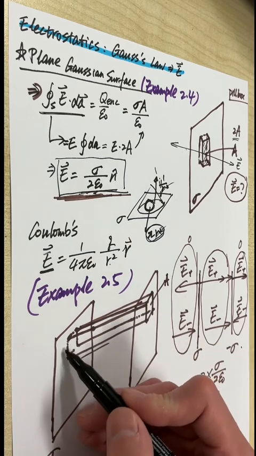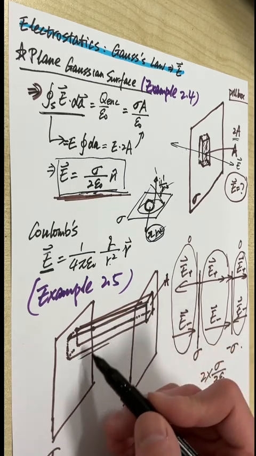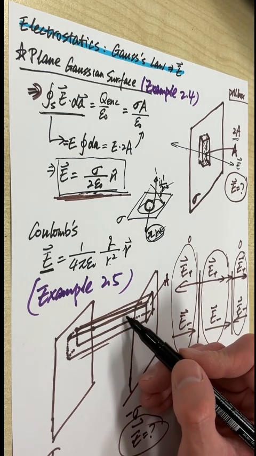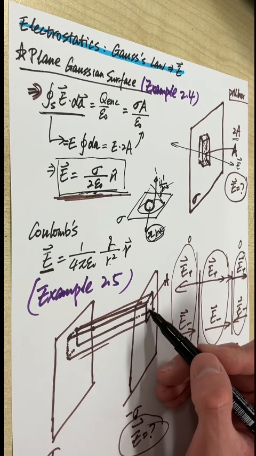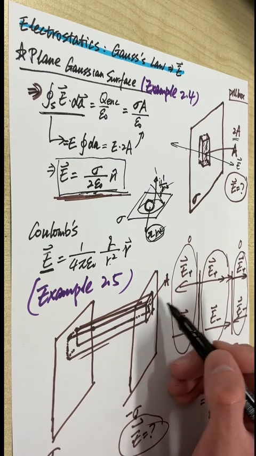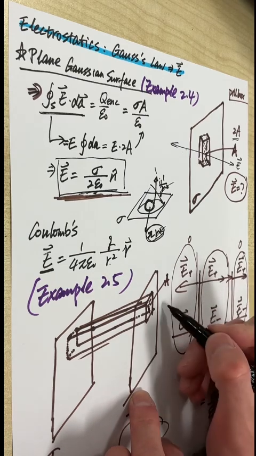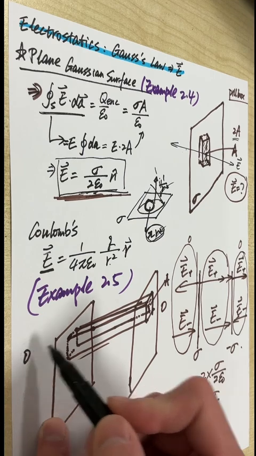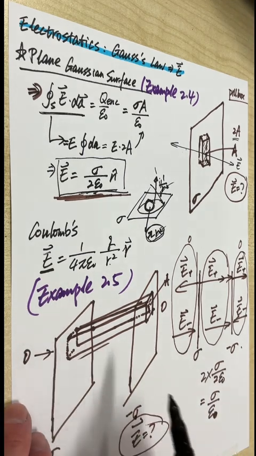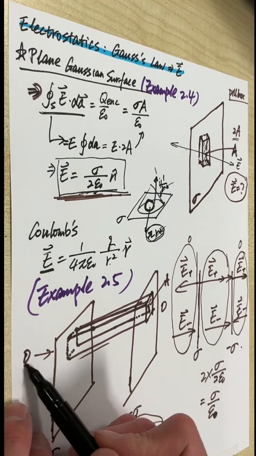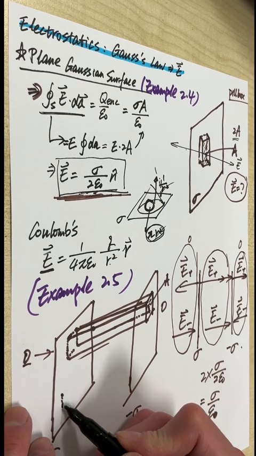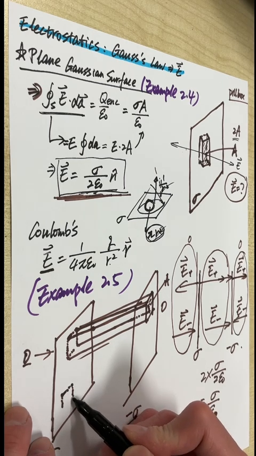So for this pillbox, you have an area that's positive charged, and you have an area that's negative charged. So the total amount of charge enclosed is 0. So the electric field outside of this side of the plane is 0. And the electric field on the left of the positive charged plane is also 0. So now if we draw a small pillbox only on one plane,